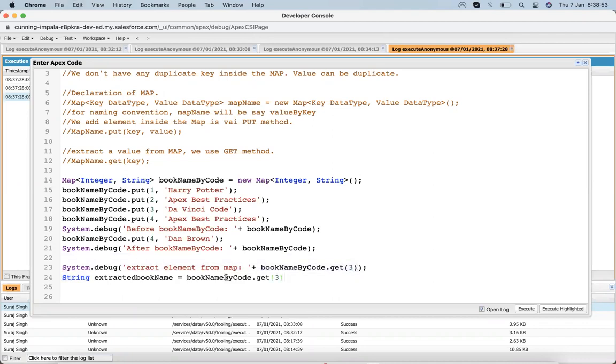If we change the data type, it throws an error.